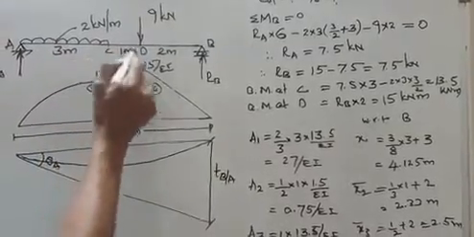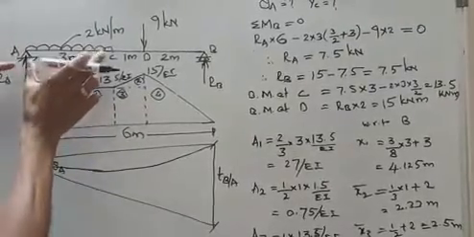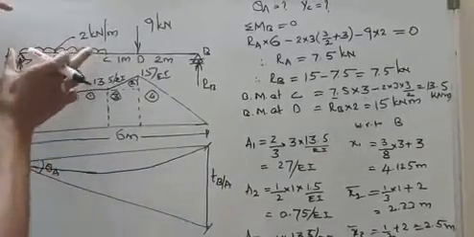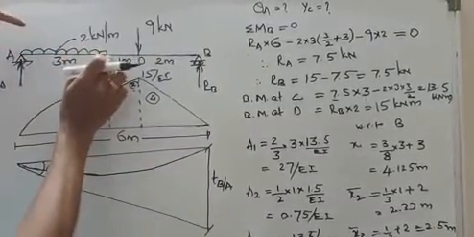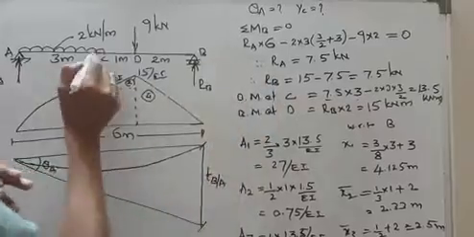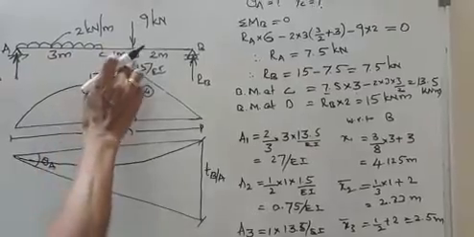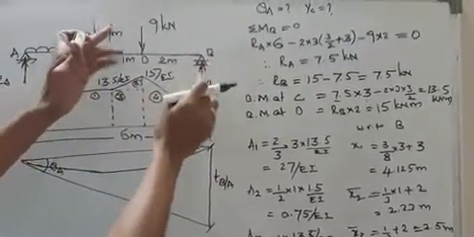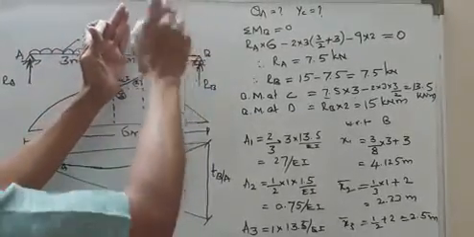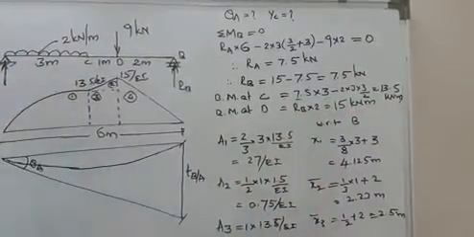Now let us calculate bending moment at C and D, because bending moment at A and B will always be 0. Bending moment at C equals RA into 3, that is 7.5 into 3, minus 2 into 3 by 2, you are taking moment at C. So 2 into 3 by 2, that means from the center of AC to C. So that comes 13.5 kilonewton meter. To calculate bending moment at D, I will come from the right hand because there is only one load now. From the left side clockwise positive, from the right hand anti-clockwise positive, that is RB into 2. RB is again 7.5, 7.5 into 2 will be 15 kilonewton meter.